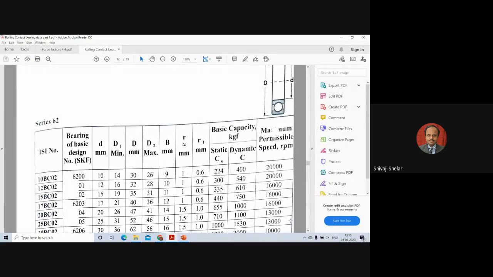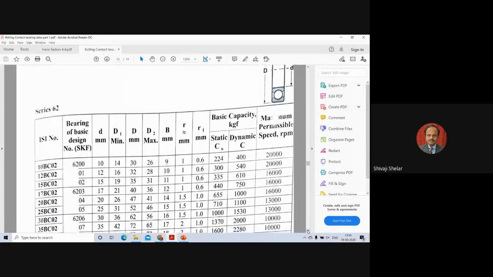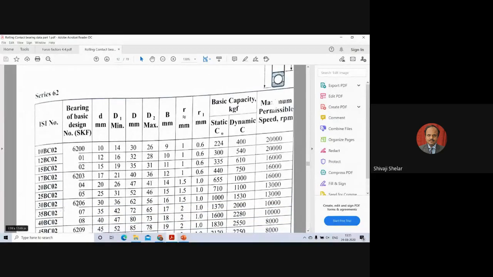So in that we have different bearings here. Suppose I want my bearing diameter, meaning my shaft diameter, to be say 40 mm. So this is my 40 mm bearing here of 62 series. This is the international designation for that, and this is the designation of SKF. The SKF designation is 6208. So 62 is not written here, meaning it is understood. This is 6206, 6207, and this is 6208. So the bearing number is 6208.